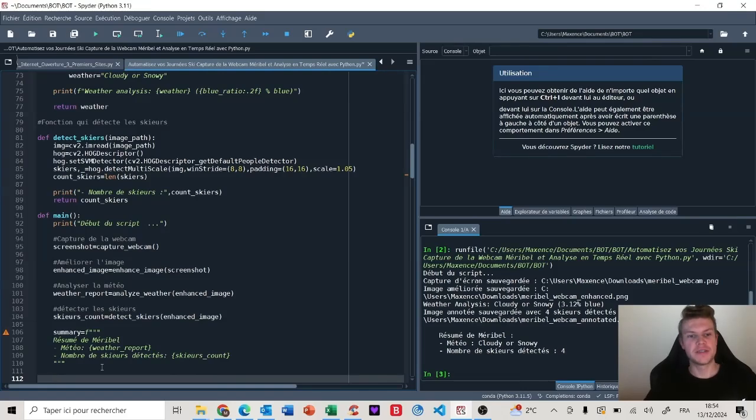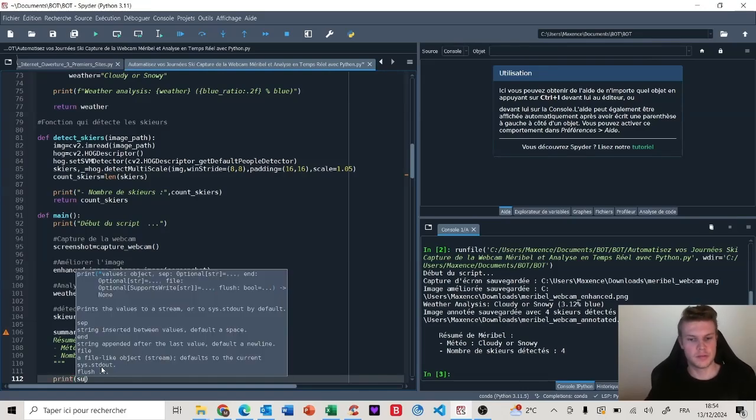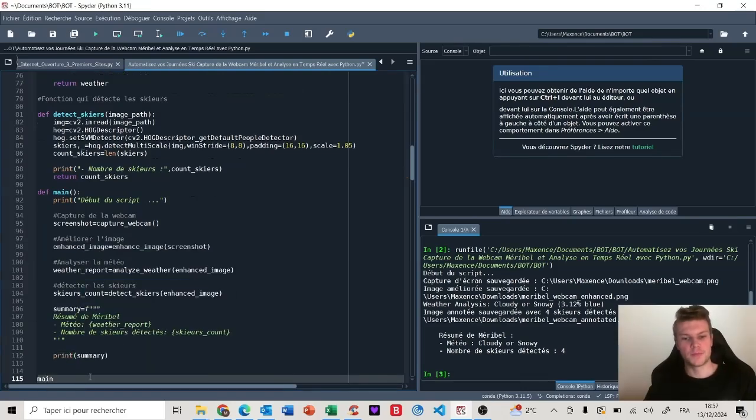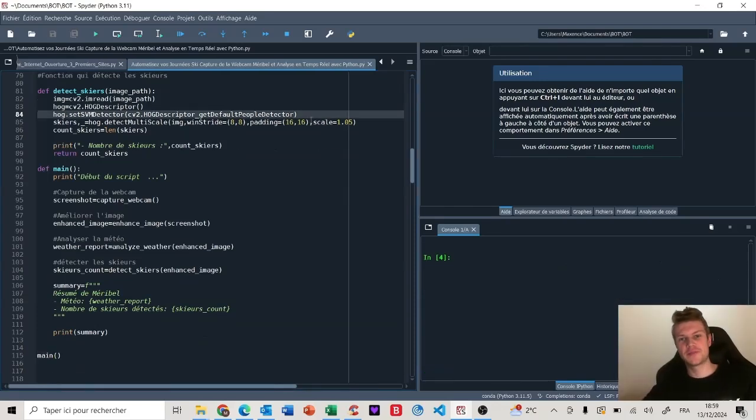Then, we'll display this summary variable with a print summary. Finally, we'll call the main function, which in turn will call all the other functions here. Just before launching our script, we're going to add 2 parentheses here so that there are no errors, because we're calling a function. We need to tell Python that. So we launch our script. The script is